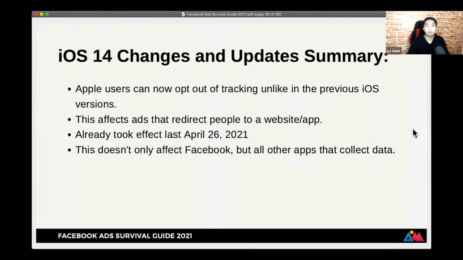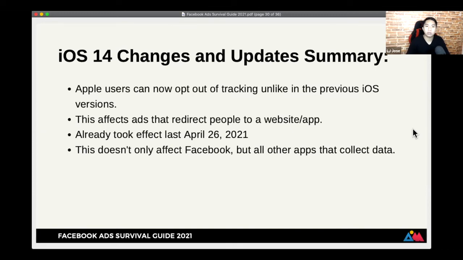So here are some changes and updates summary. Isa-summarize ko lang kasi there's a lot actually. Some are not even applicable na to us kasi some are specific to apps or app developers or app companies din. So yeah. Now, Apple users can opt out of tracking unlike in the previous iOS versions. Okay? This affects ads that redirect people to a website or an app.